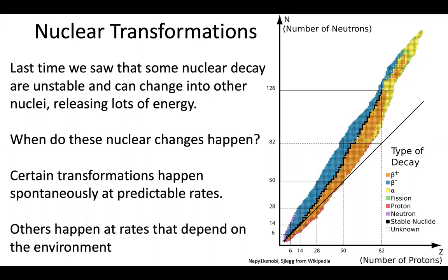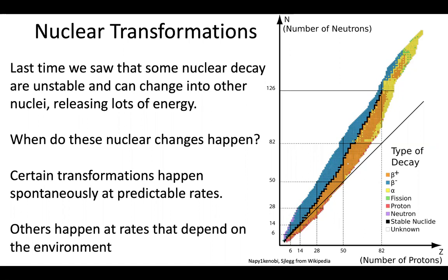And in this video, what I want to talk about is under what conditions and at what times these sorts of transformations can occur. We talked in the previous video that transformations can occur spontaneously when they result in a reduction in mass, which releases energy. But now we have to understand when those transformations occur, because this is relevant for understanding just how these processes work, and also for whether we can actually efficiently extract that energy for other purposes.